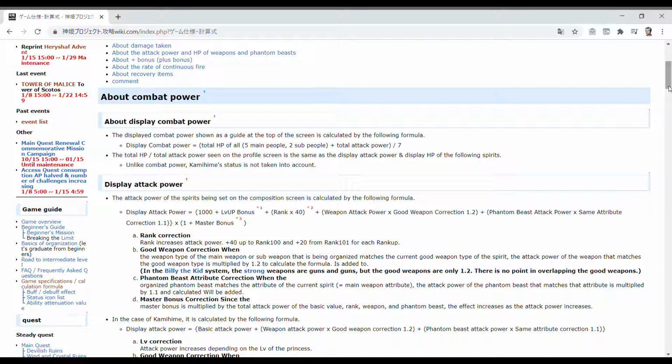Now for those that are curious, it is, in simple terms, the sum of your entire team's attack and HP, but it's also divided by 7. So that said, say everybody has generally between 10,000 base HP and 11,000 base HP, then it's going to add up all 7 of those and divide that by 7, even if there's nobody in the slot. So keep that in mind. And then it's also going to do the same thing with the attack power, basically. It's going to add those both together, and that's your total,